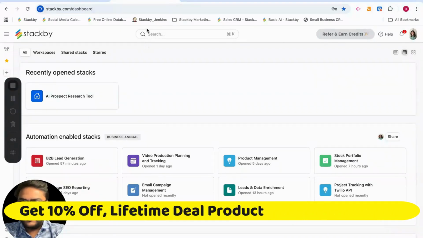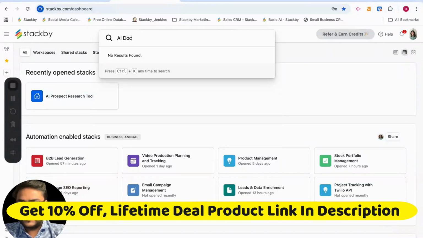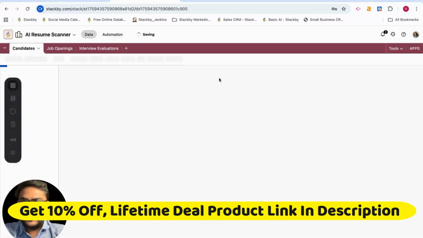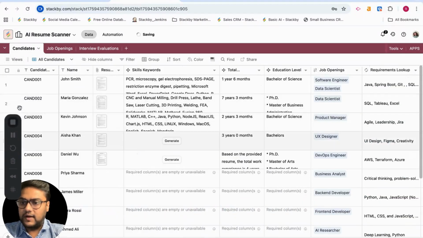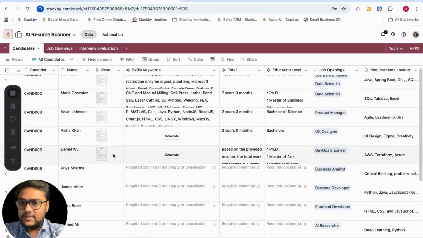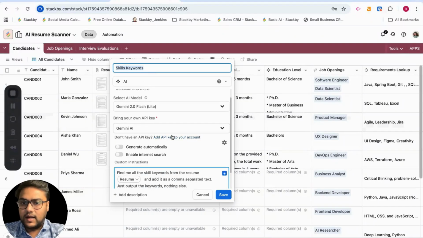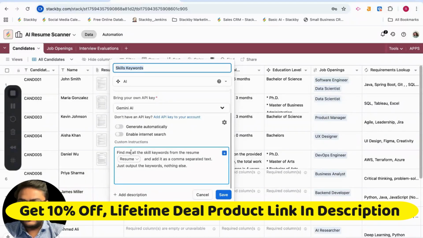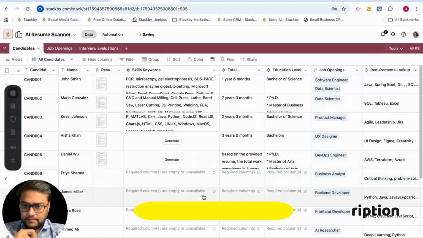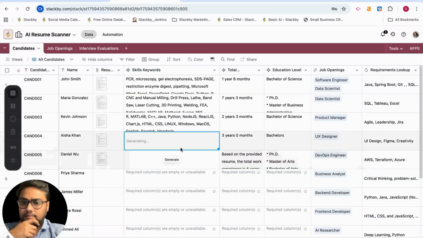Now, I'll quickly walk you through a couple of other use cases. We've added document analysis as part of the AI fields as well. So let's say you have a bunch of resumes that you want to parse in your applicant tracker. Here we've added a model, and I've given a custom instruction: give me the skill keywords from this resume and add it as comma separated text. So if I click on generate, it parses the information from the resume, and it gives me all the skill keywords that are mentioned here,